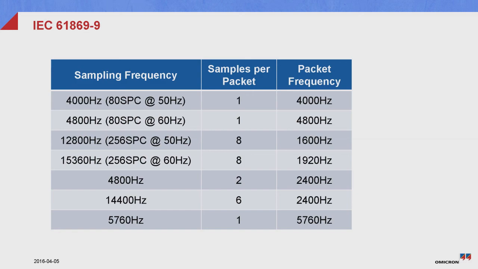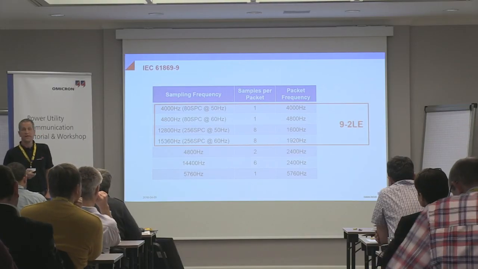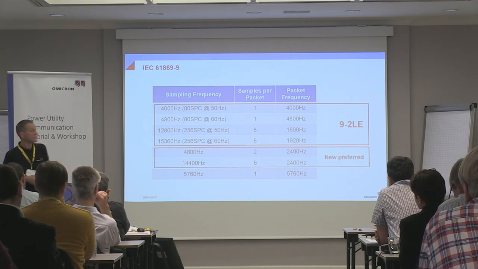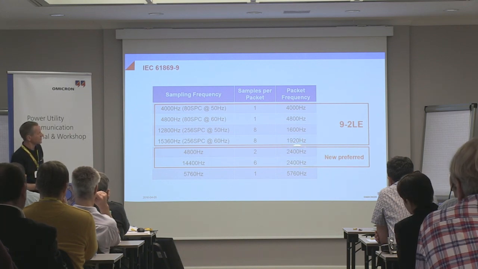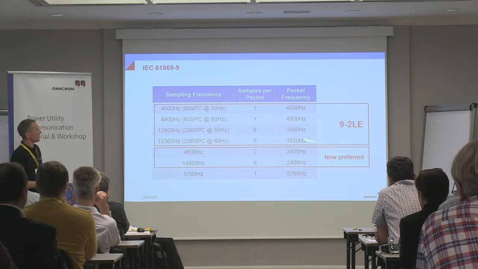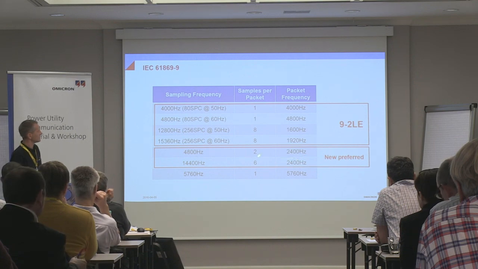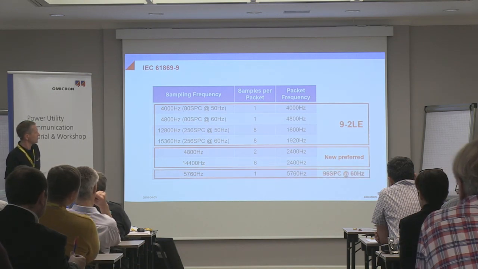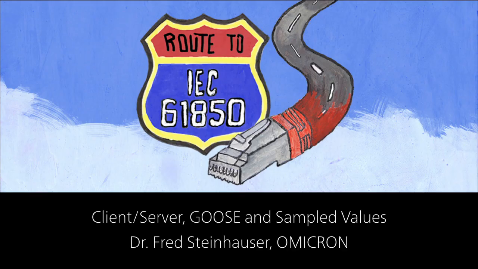And there is a new standard coming up for sampled values, extending the concept of 92LE, putting some very nice things in place. You see here, it takes over 92LE as a normative part, but it added 2 new, very interesting variants, which go with the same packet frequency. So when we mix these variants on the network, we have all packets with the same frequency, which can be very nice, and we just do sample packing to get to the sampling frequencies that we need for the application. And there is some obscure, crazy version that I hope will never become effective.